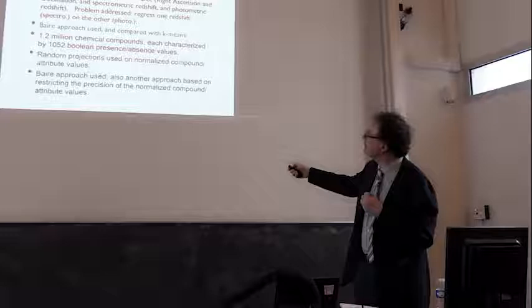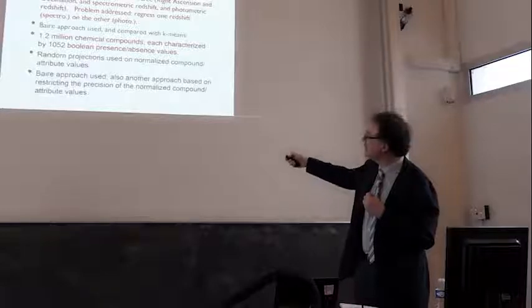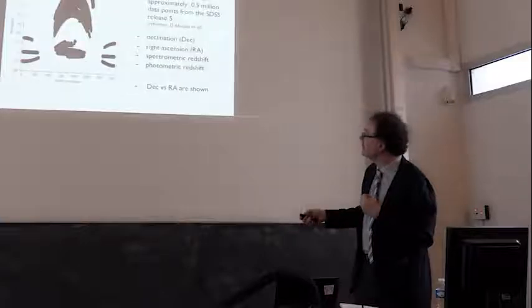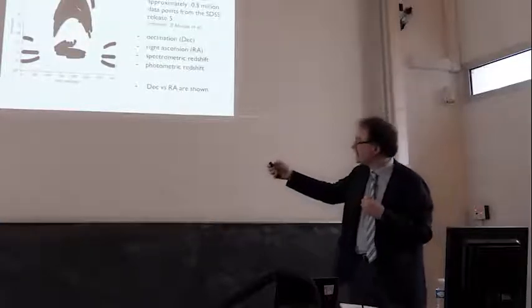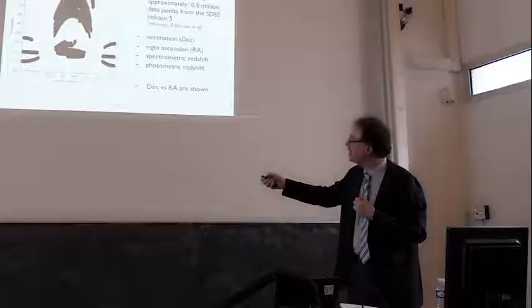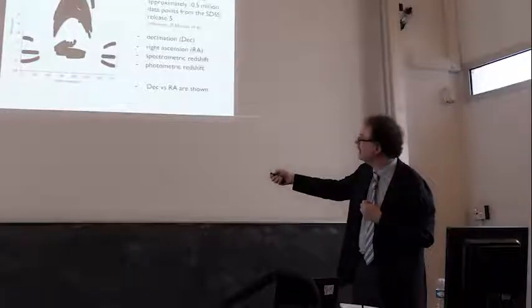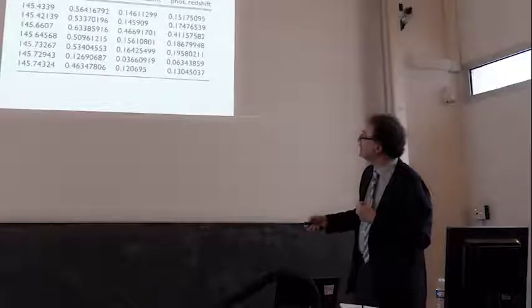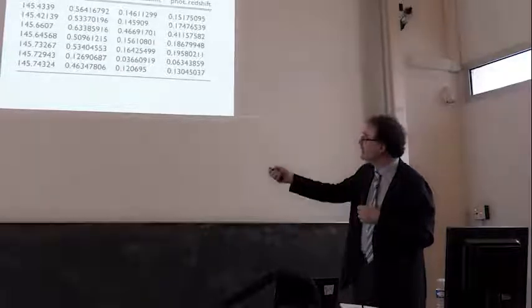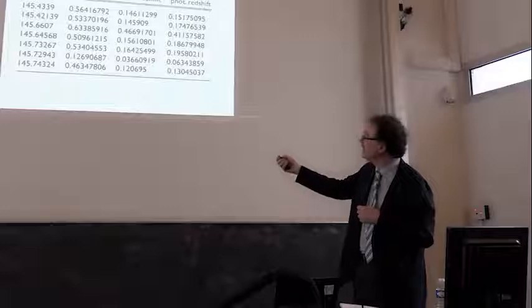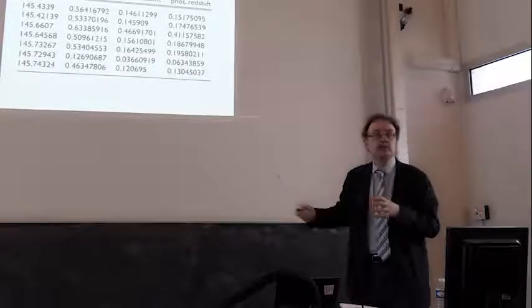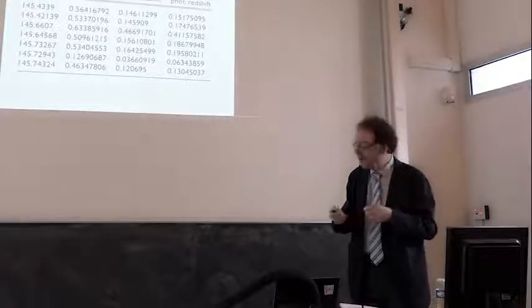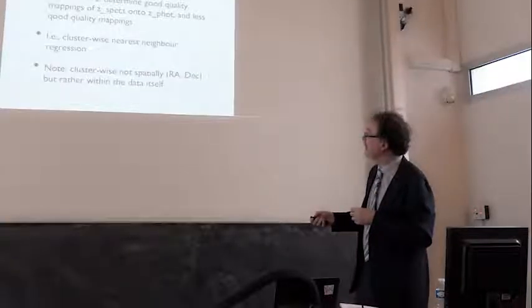This is still the astronomy one here. And then looking at the use of the Baire distance, this is just the part of the sky which was covered in terms of this data, which is represented by the black area here. This is just a typical sample of right ascension values, declination values, and then the two sets of values for which we want to do nearest neighbour regression, so that one would be predictable from another.